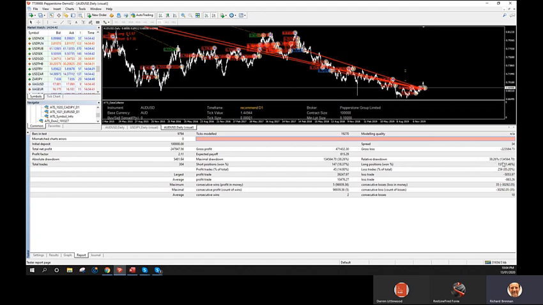The relative drawdown here was 38% on a $100,000 account. Now, remember, 38% seems a lot, but when we compile this with, say, 30 other different markets, our portfolio is going to have a far lower drawdown than what we're achieving on any individual instrument. But we can talk about that now, but we'll see it later when we practically demonstrate what happens at the portfolio level down the track when Fred and I have finalised this process.